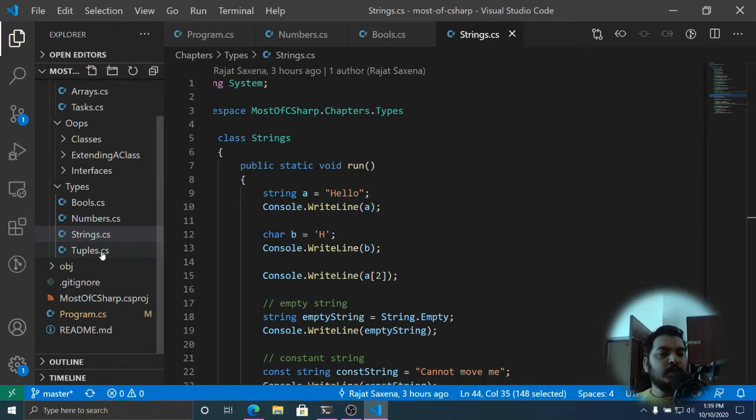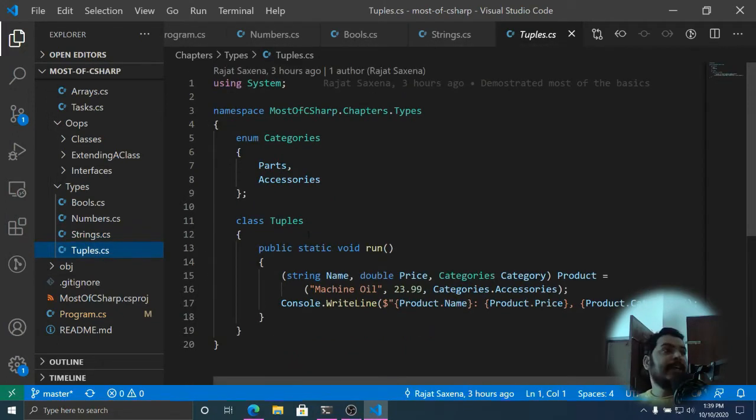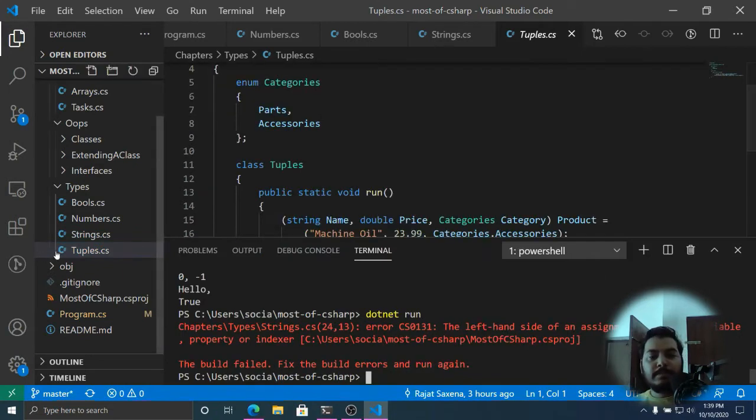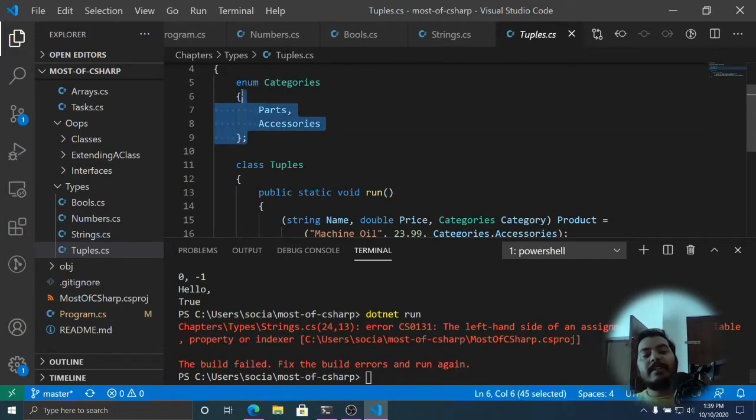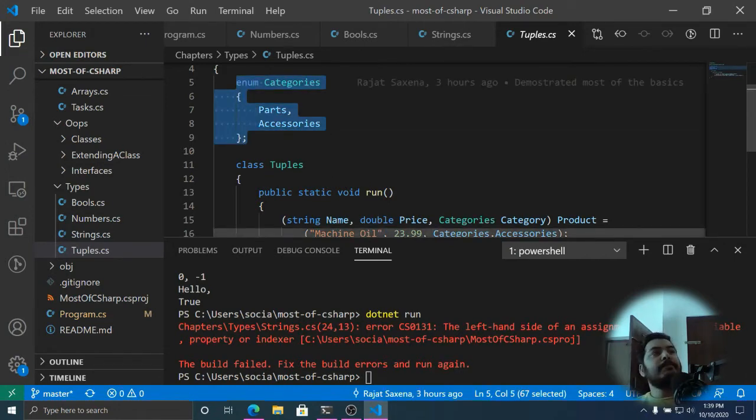Let's move on to the other type, which is actually the enum type. Okay, so in this program I have used two types, the enum type and the tuple type. So let's first understand the enum type. Enum types basically are the types where you have certain predefined criterias and you want to assign these predefined criterias to something.